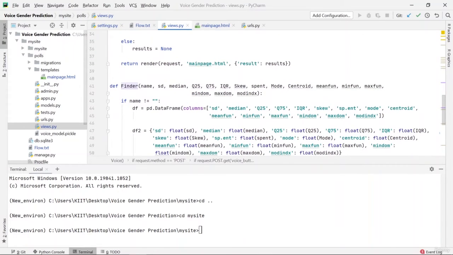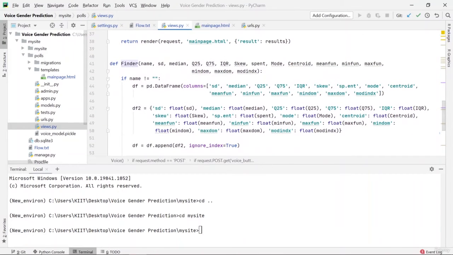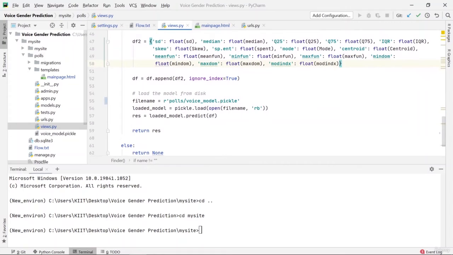So if we go to the finder function, you can see that the finder function is taking all of these variables or all of these parameters and then creating a data frame out of it. So you can see that an empty data frame was created, then it was filled with the values. Now I'm using this data frame as my data to be input into the predict function of my model so that I'm able to predict the label class if it is male or female.